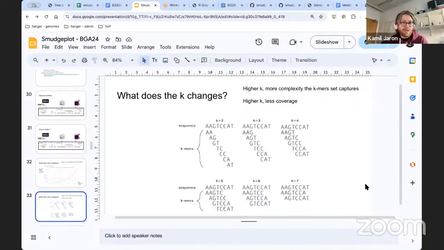So there is no objective measure of what K you should choose. You should look at your data and just show what is meaningful. But I would also say don't overthink it. If you start with 21 or 31, you will be probably fine. That's actually the range in which most of the genomes are done. Here at the Tree of Life, we use hundreds as well, and it works. If you have insane coverage, you can just blast it. And it's quite fun too.